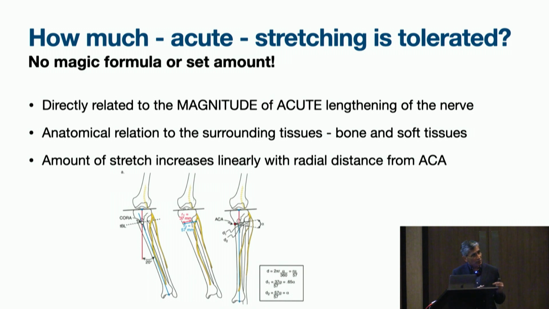It's not only angular correction. If you're derotating, or if you're correcting a flexion deformity, they all have implications on stretch. So it's not possible to give a number. The stretch on the nerve is related to the distance it is from the angular correction axis. So it's commonly in trouble in valgus to neutral correction,